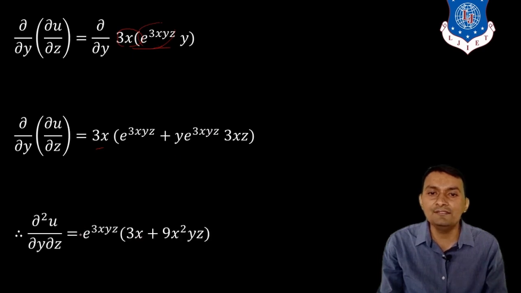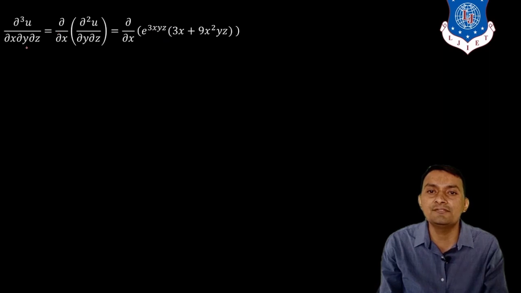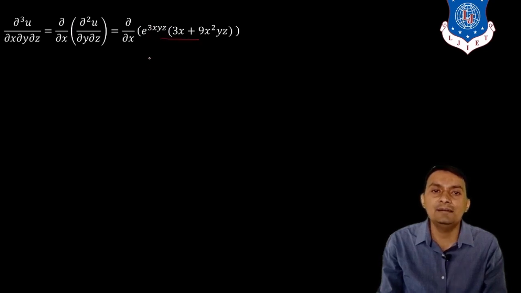But whenever you simplify, you are going to get e raised to 3xyz divided by 3x plus 9x square yz, and that is del square u divided by del y del z. But now I just wanted to find the partial derivative with respect to x of whatever we have obtained, so del by del x of whatever we have derived, and then we have to